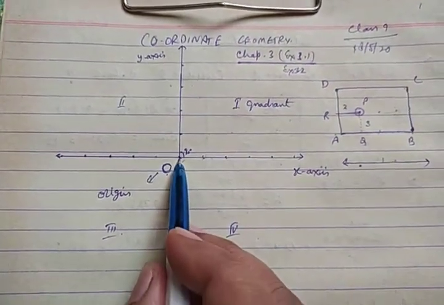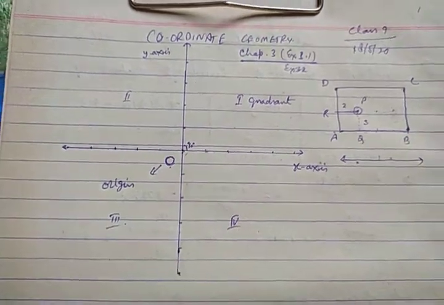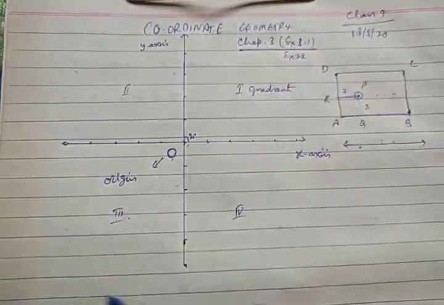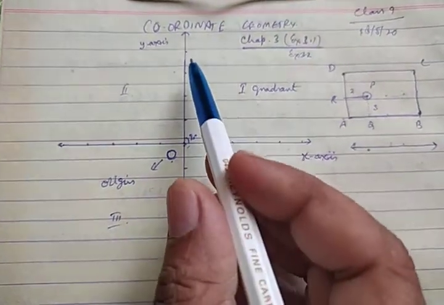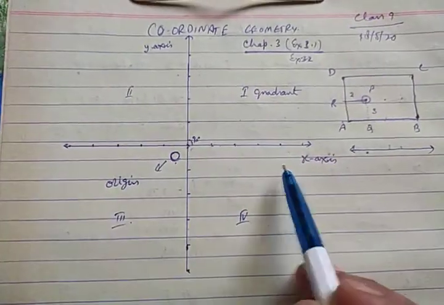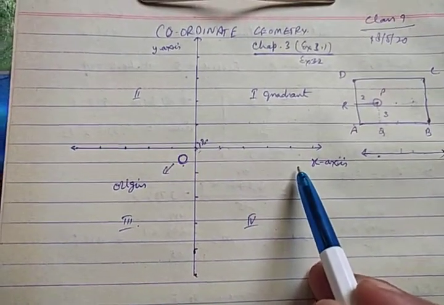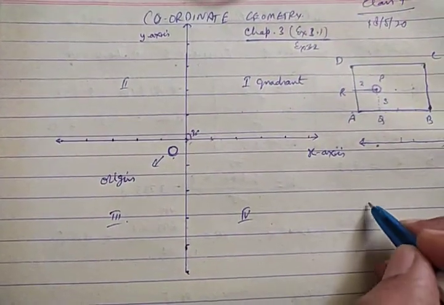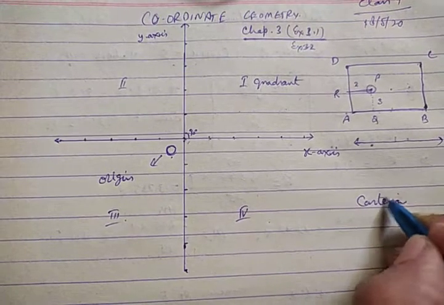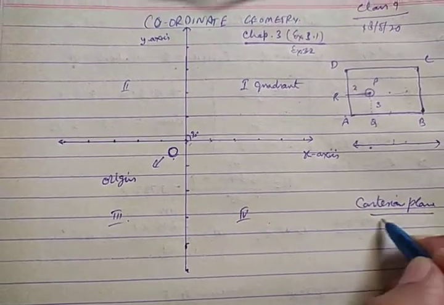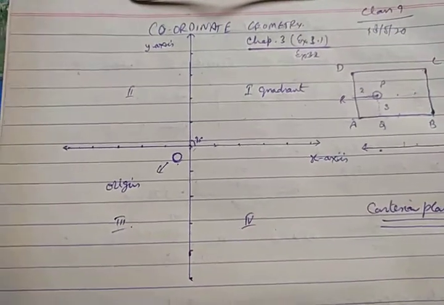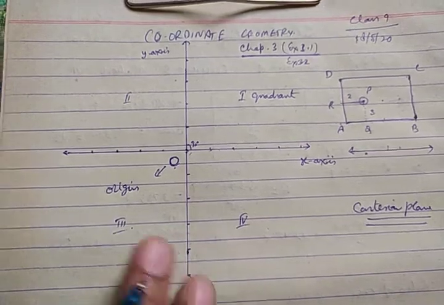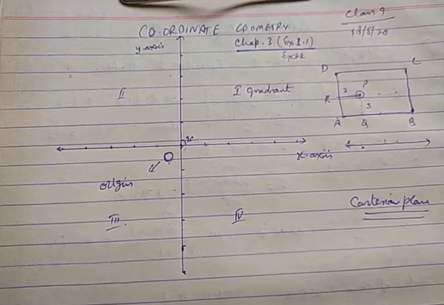This is called the origin. Now one thing more: this whole system, meaning the two perpendicular measurement lines, the x and y axis drawn on a page, becomes the Cartesian plane. Cartesian plane is a specific name, and measurement in this plane is done simultaneously in two directions. One is on the x axis, the other is on the y axis.